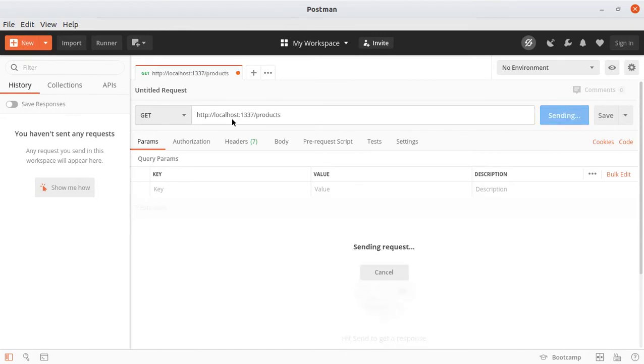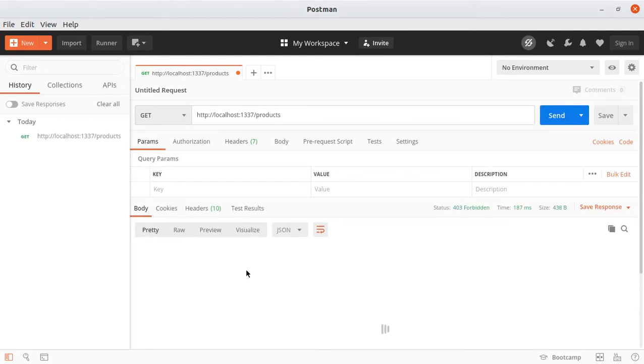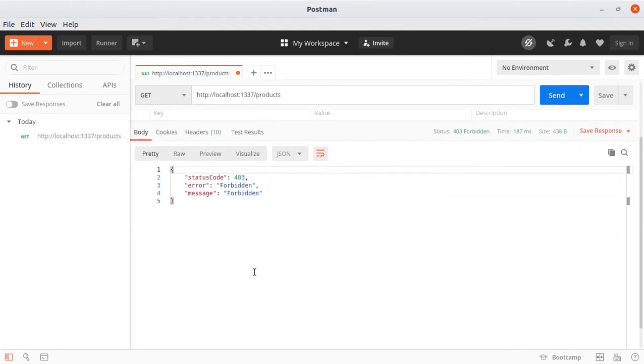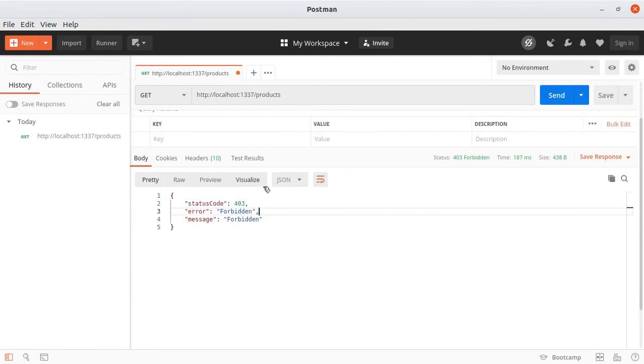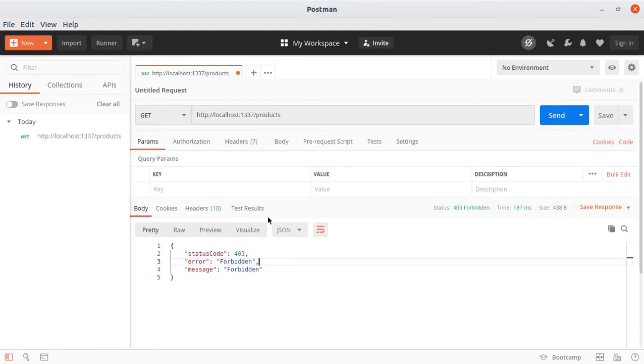By default, it is going to give us a status of 403, which means forbidden. It means that we don't have access to the resource. Everything you create is always going to be forbidden at first, basically set to private. So we have to change some of the permissions.